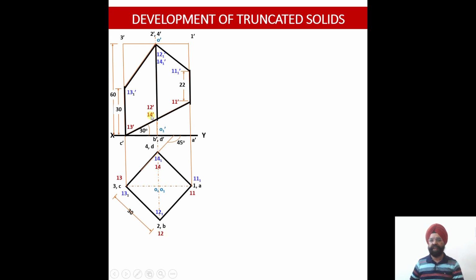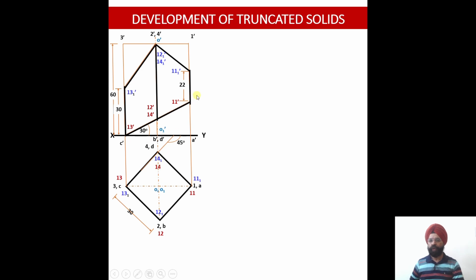Similarly 14 dash is the point of intersection of the second cutting plane with the vertical edge 4 dash D dash over here. So 14 point will be appearing over here. So corresponding to every vertical generator, 2 points of intersection are there. One is blue. Blue corresponds to the upper portion of the cutting plane, and the red ones correspond to the lower portion of the cutting plane.